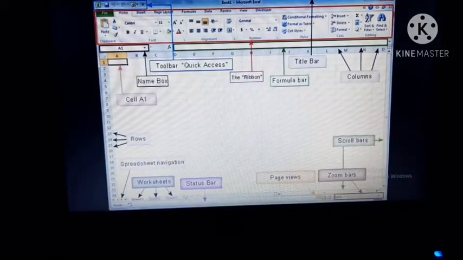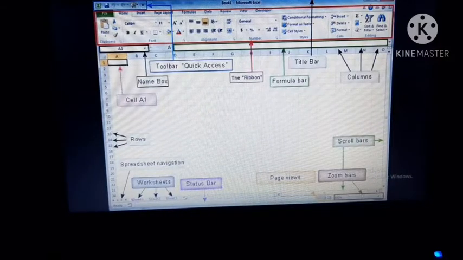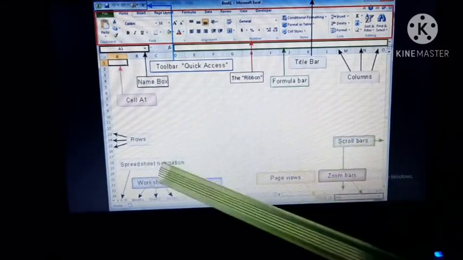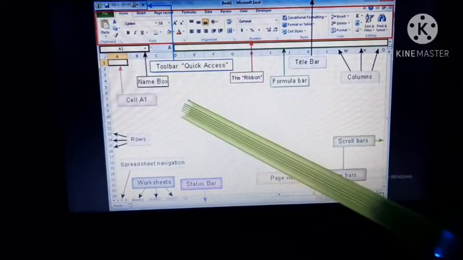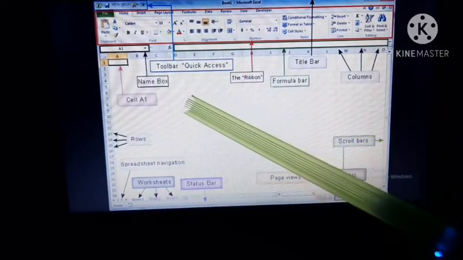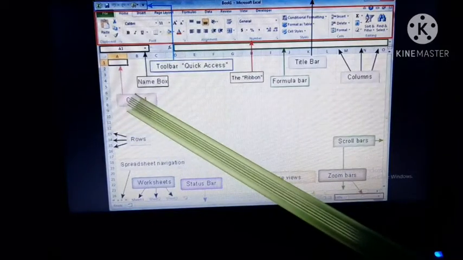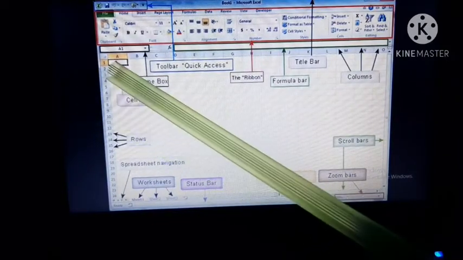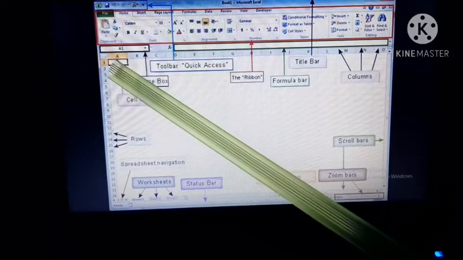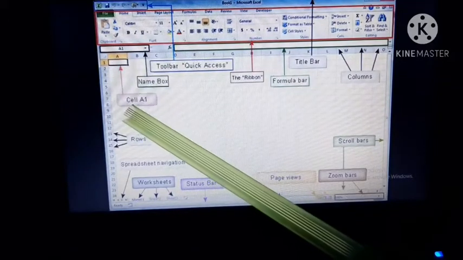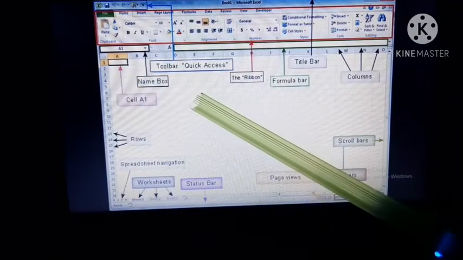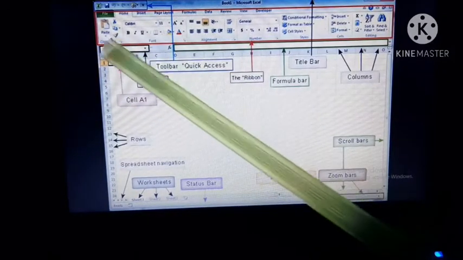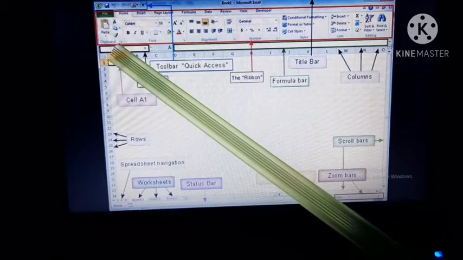Now let's see what are the parts of the MS Excel. When you open an MS Excel, you see different boxes here. Now each box, we call it a cell, and this darkened box is known as the active cell. Now whenever you click this box, the name of the box will be displayed here, so it is known as